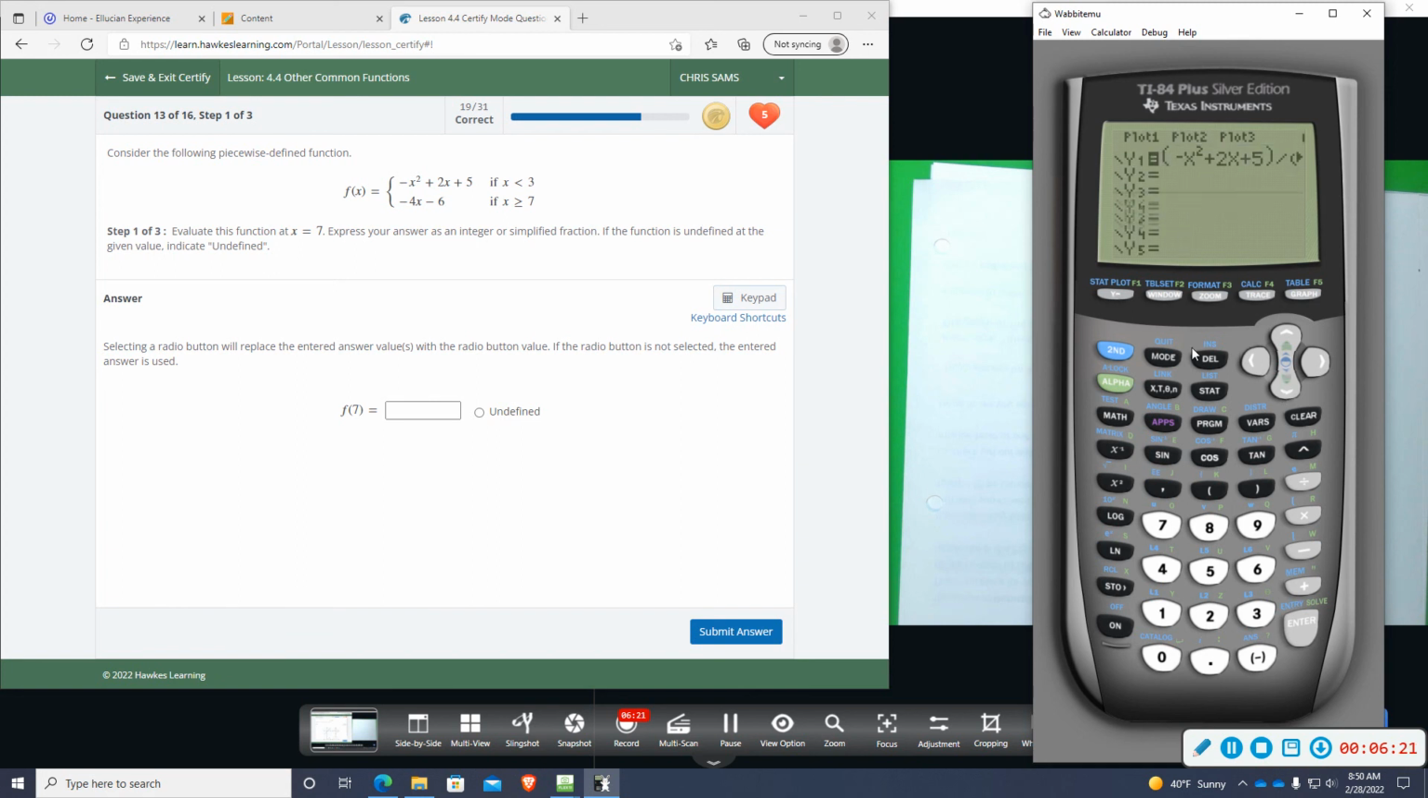I'm going to go back to y equals. I'm going down to y2, and I'm going to enter the second function. So negative 4x minus 6. Oh, I forgot parentheses again. So second, insert, open parentheses, and then close. You want to do that because it will not compute correctly if you don't put it in parentheses. We're going to do divided by